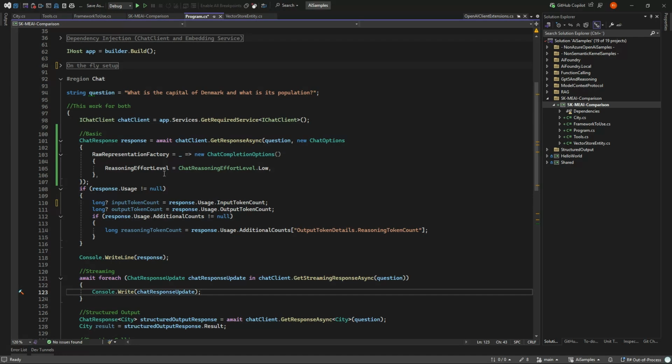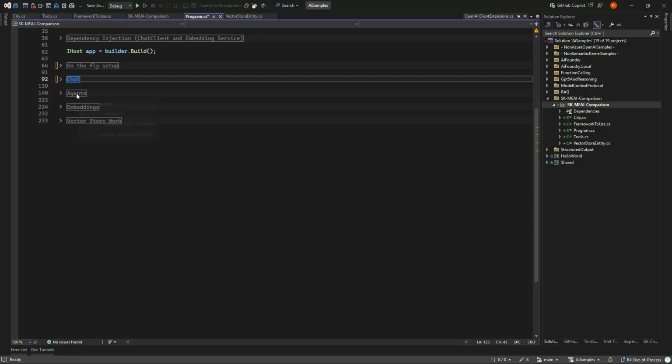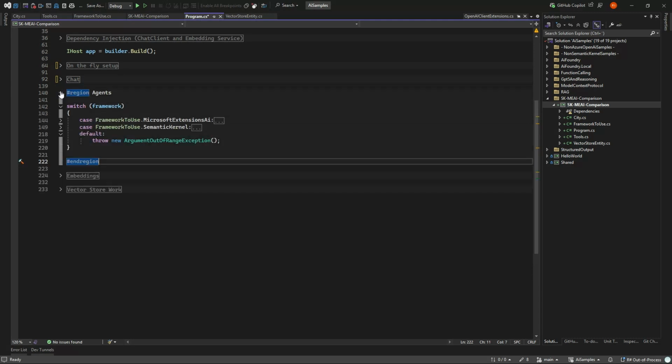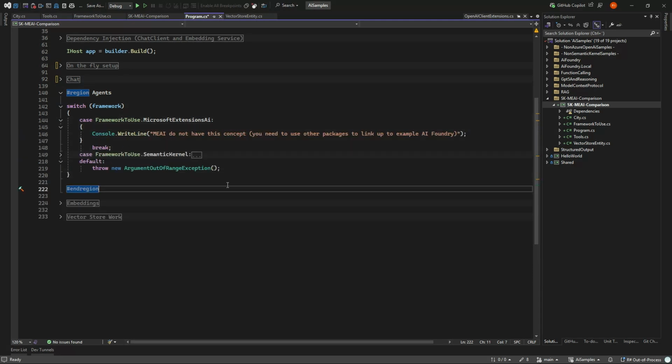I will slowly begin to use this, but the reason for that is I tend to use agents. So let's have a look at what we can do with agents in the two frameworks. And for Extensions AI, it's fairly simple in that it doesn't have that concept at all. It has chat and it has embeddings, but beyond that, nothing.